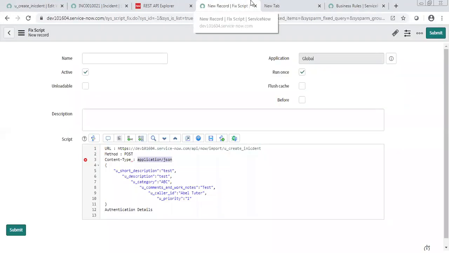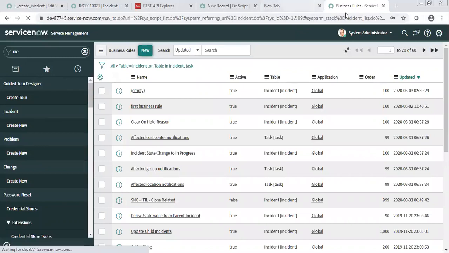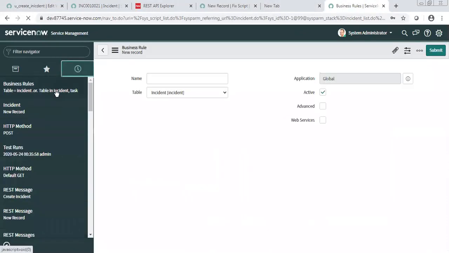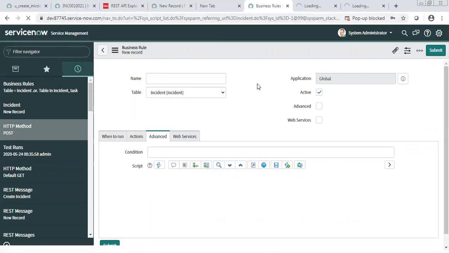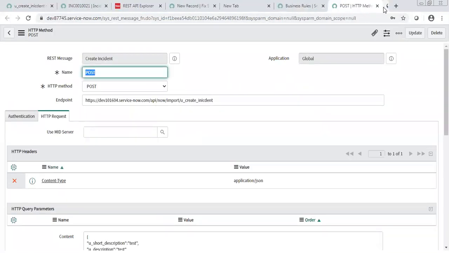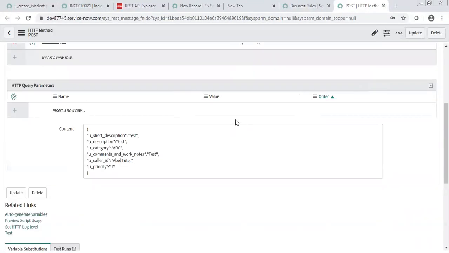Now that method which I defined, I need to call that in my business rule. Second thing is that this one, this is what I defined, right? This is what is connecting with dev 101. So in business rule, basically you need to write some code, right? So what code you will write?